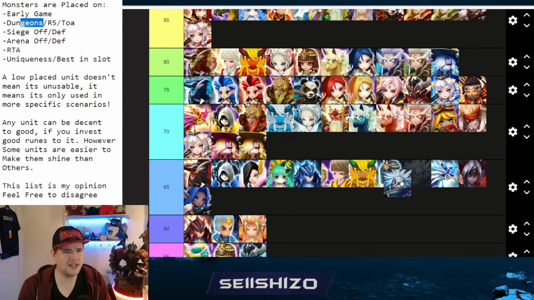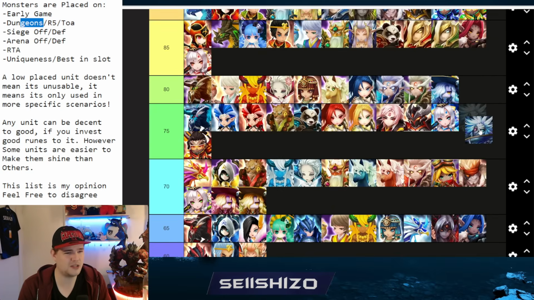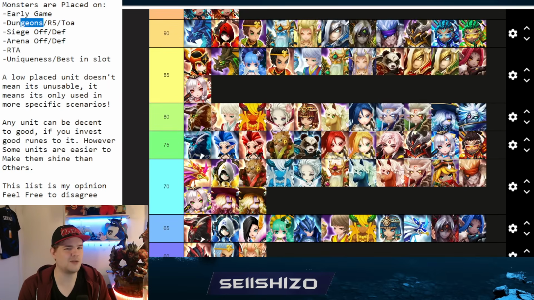Moving on next. Liam. Liam is a best in slot in a few PvE dungeons, but you could kind of replace that as well. It just adds in more rune requirements to do that. But in Dragons, I would say he's a best in slot for clearing the boss. In PC, he's best in slot for clearing the boss. For R5, you could also use him to clear the boss that way. I would say for Siege offense, Arena offense, wouldn't use the unit. But yeah, since he's that best in slot in 2 dungeons, he does get a decent amount of credit for